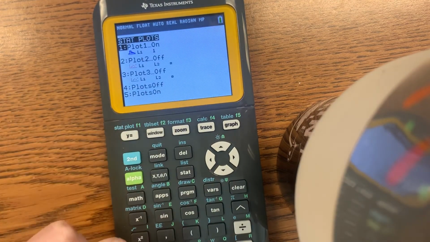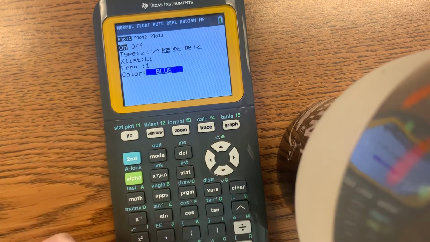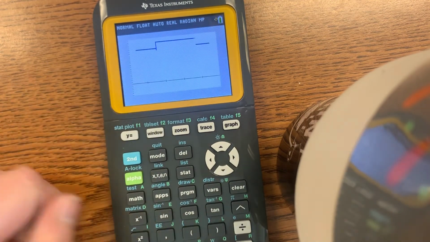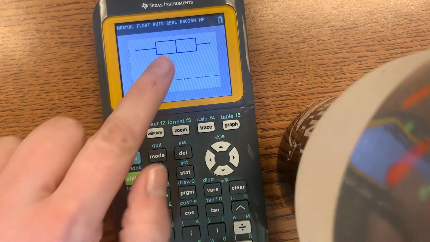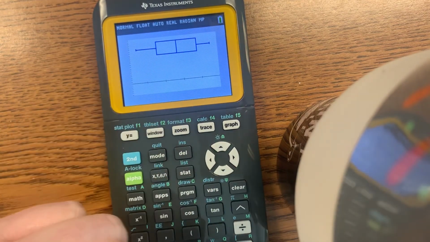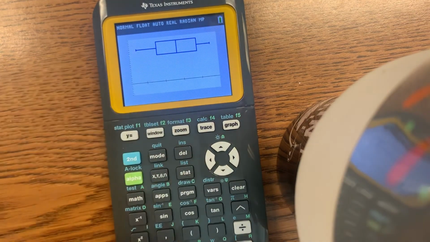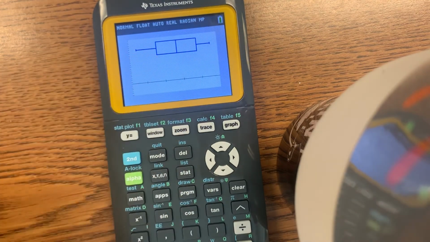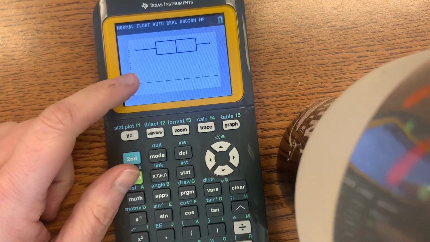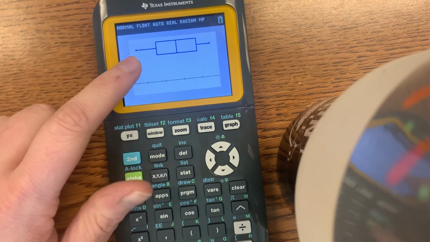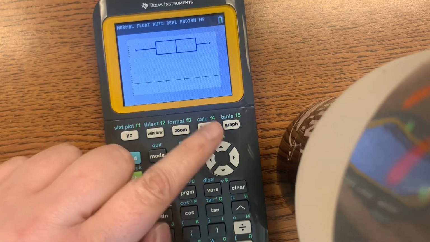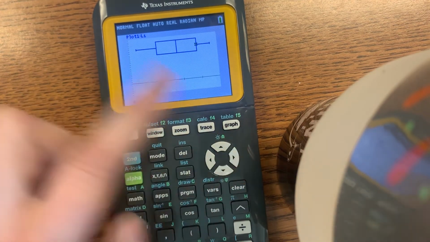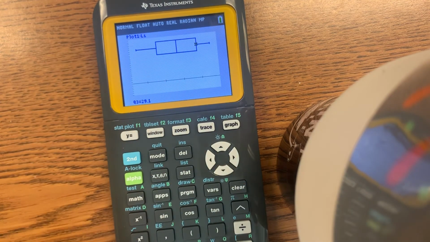Again, we could have chosen a box plot. That actually would have been a good way to see if there are actual outliers. So zoom 9, there's my box plot. I can see from the box plot that it looks really symmetric. There's not a whole lot of skew at all, and there's definitely not any outliers. So that's another way that you can check that. But again, if you're going to draw this on your paper, make sure that you label your numbers and don't just draw a random shape and expect that to cover you